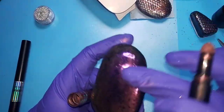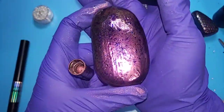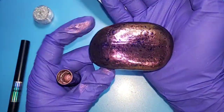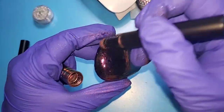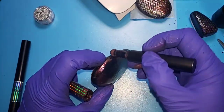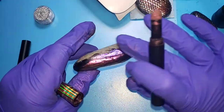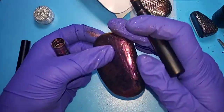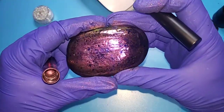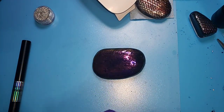Oh, that looks good. I like the gold on top of the flakies. And that gives it an even more speckled egg look. Look at that. Oh, guys, I love that. I'm so glad I did this. See, don't you love experimenting? Experimenting time is fun. No plans, just playing. Total fun. Look at that cool egg. All right, now...